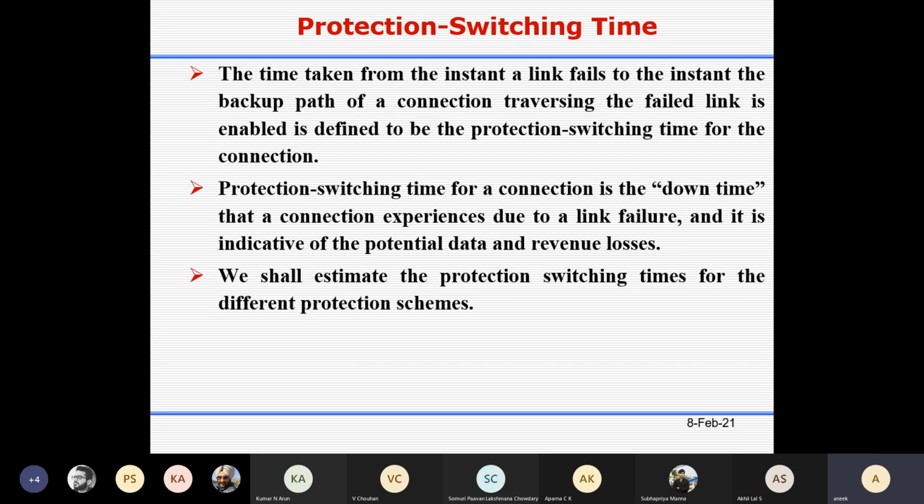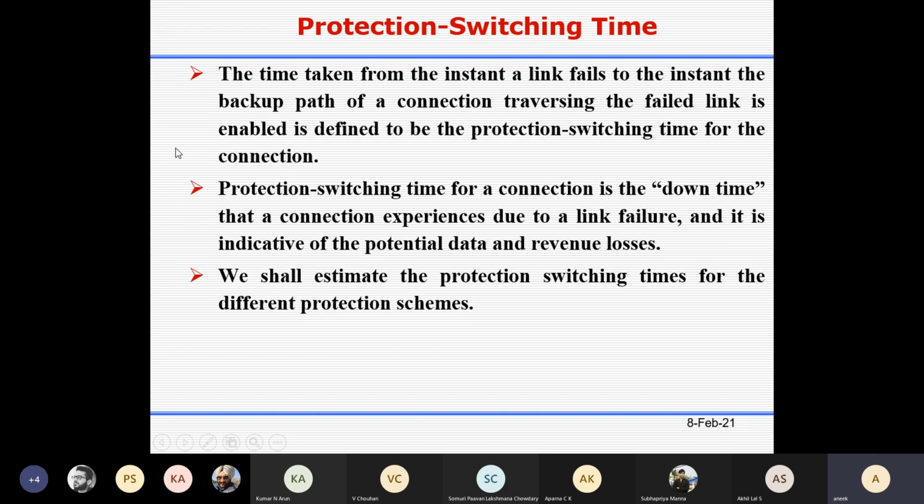So a connection can be there in a network for a definite time period only, and it has a specific bandwidth. So why unnecessarily, whenever a connection request comes, set up a new light path? You may see that there are already some existing light paths. You can accommodate that traffic request among the existing light paths. So it is not necessary that whenever a connection request comes, you have to set up a light path.